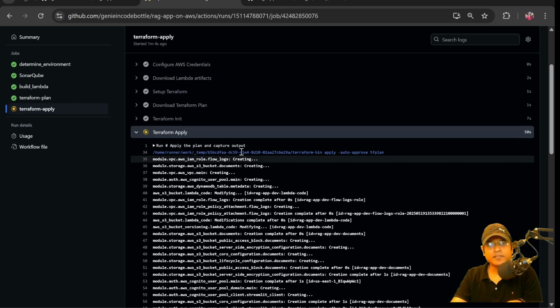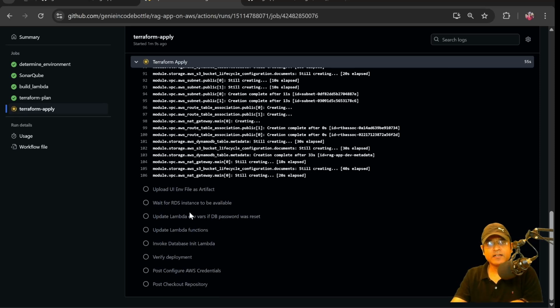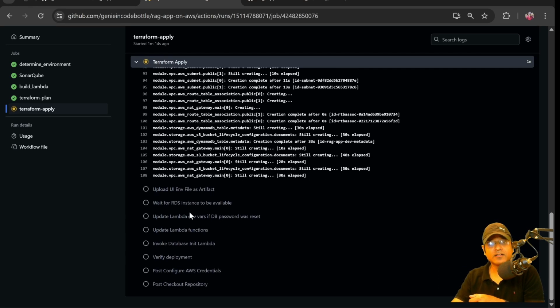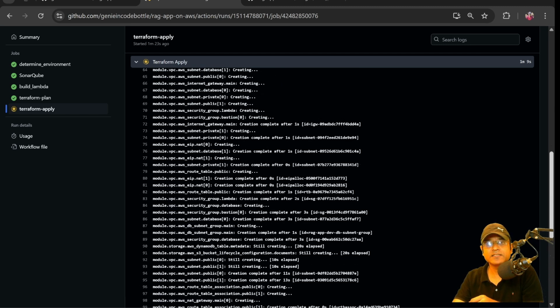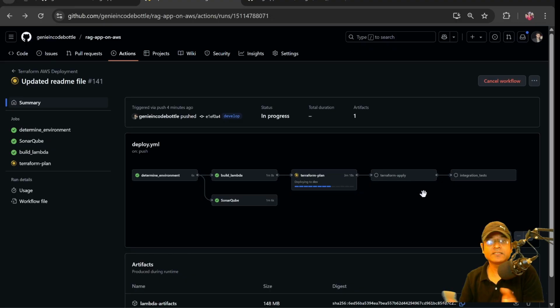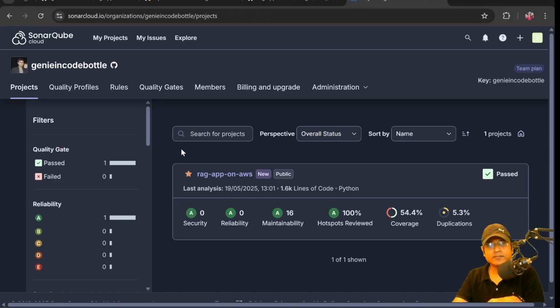So after this Terraform apply, it will be running a check on the RDS instance, whether it is running or not. Then invoking the database init Lambda, so that the initial database setup is completed. And after that, integration tests will run, and whether they pass or not, we will see. And when SonarCube is passed, we can go to SonarCloud and see our app, like RAG